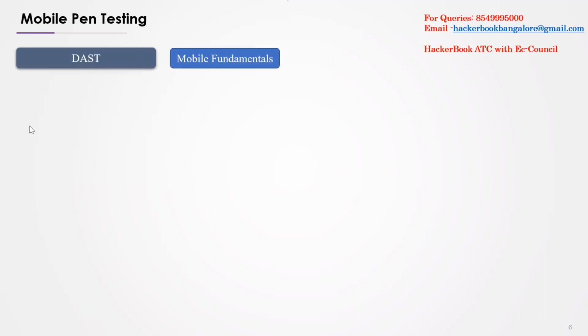I'm going to cover these concepts. These are not part of SAST, so you can consider this as a very good package in case you want to get enrolled. As part of mobile DAST, what is that? It will be covered. You are going to learn about mobile fundamentals, meaning what OS is used